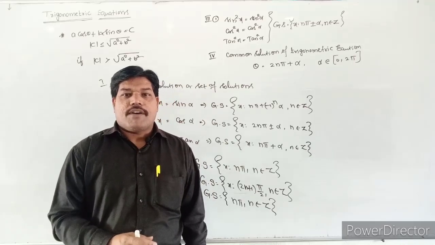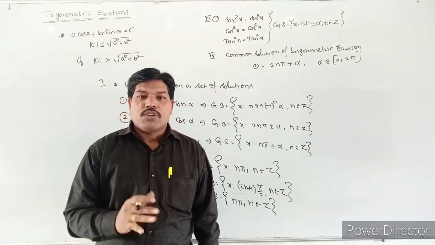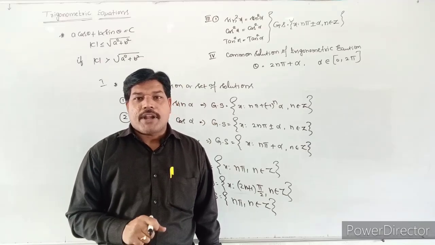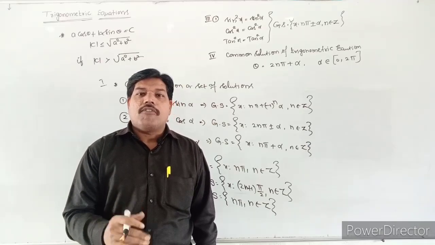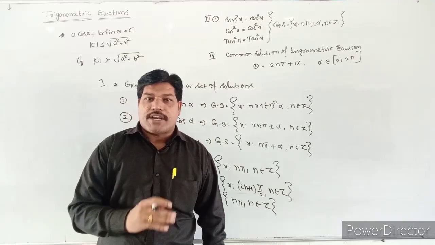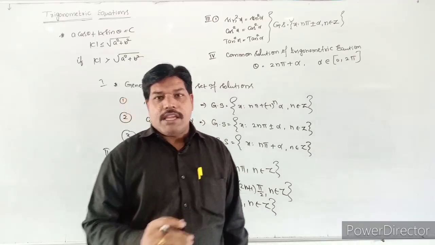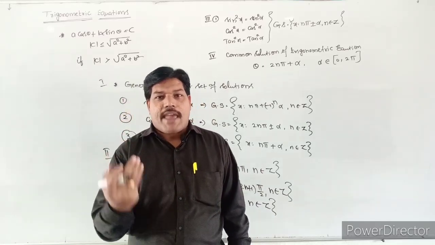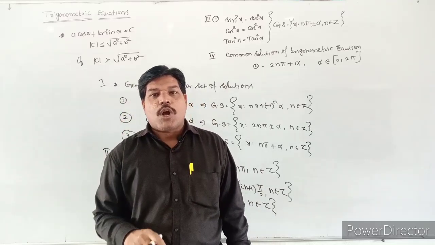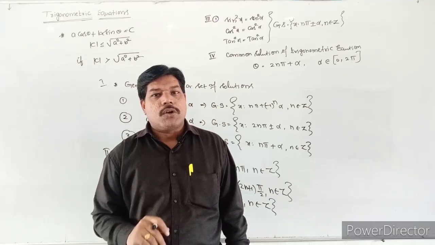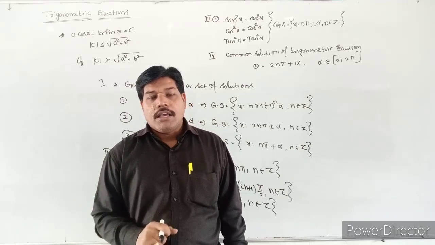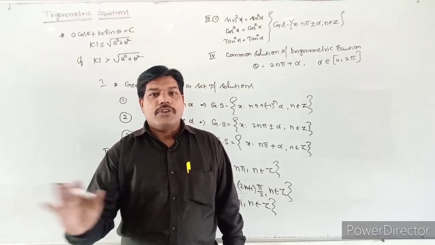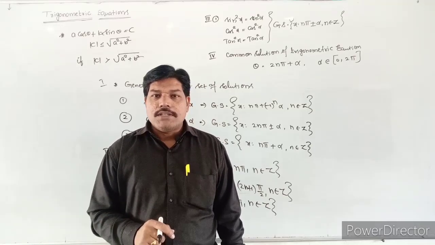So these are the synopsis of our trigonometric equations. So what are the points? Tell me that one, students. What is a trigonometric equation? A trigonometric equation is nothing but an equation involving one or more trigonometric functions. Next one. The set of all values of x satisfying the trigonometric equation f of x is equal to 0 is called the general solution or set of solutions of f of x is equal to 0.